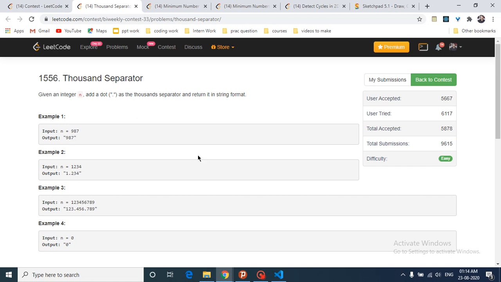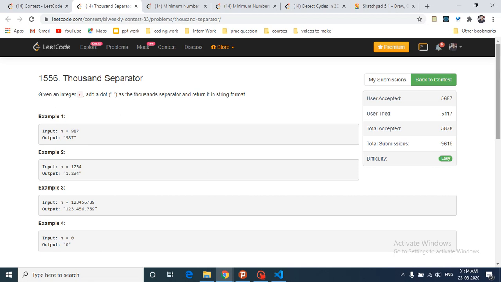So what you can easily do here is iterate over the whole number. Iterate from back to front, pop out one digit, place it into a string format and add it to a new string. Whenever the length of this becomes a multiple of 3, because after every 3 positions you have to put a dot, which is like 3, 6 and so on, you put a dot there and then continue moving along this number to form the new string. I hope you understand the logic part.